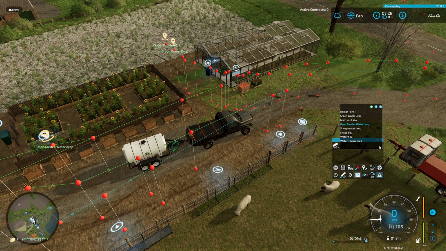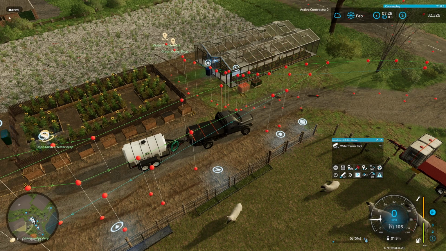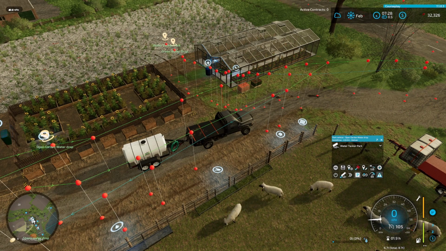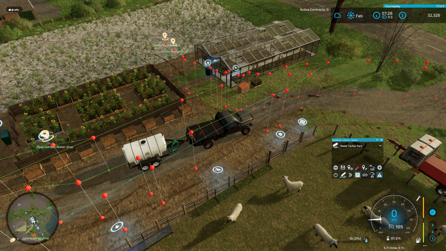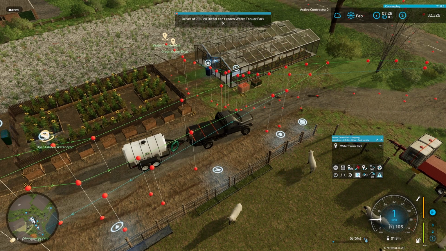So if I now select my water tanker park, I'm selected on the tool, which in this case is the tanker. And now I hold my left control and right click. I've now got a chosen parking destination of water tanker park for this tanker. And so now if I press the park key,